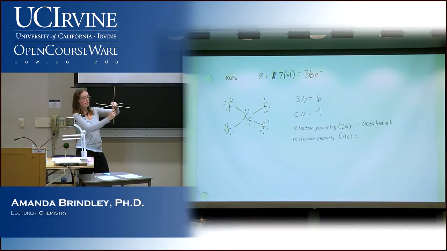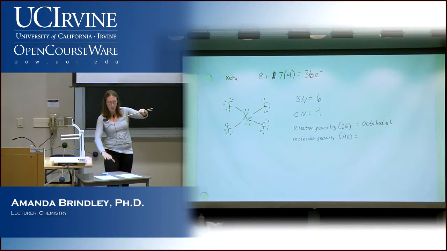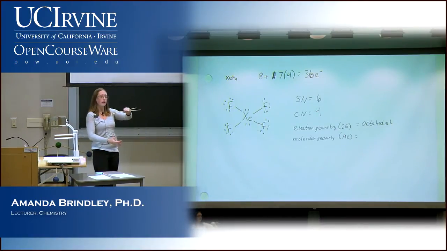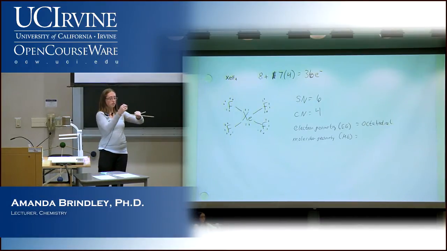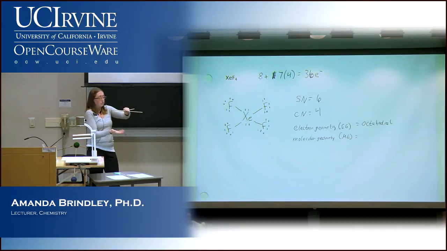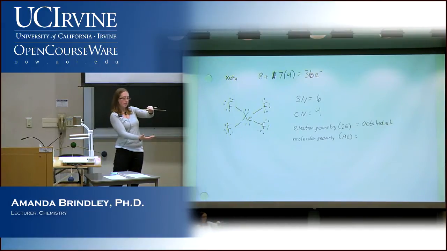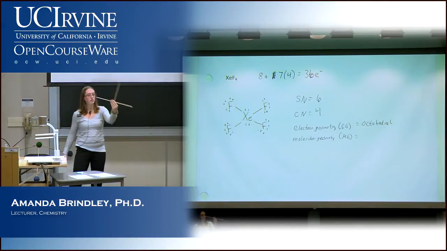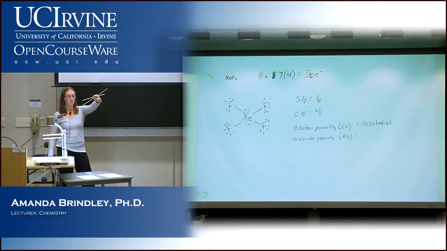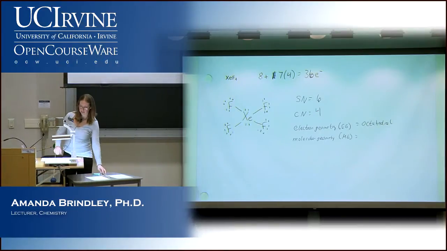Which one are we going to take as the other one? Are we going to take one of these pointing at you guys, or this one? The top one, right? And why do we do that? We want the electrons to push on each other equally, right? We want the electrons to be as far apart as possible. So if we took one from here and then one from here, these 2 electron pairs would be next to each other, which is okay if we don't have a choice. But here, we can put one here and one here. So what shape is that? Square planar, right? A square base, and it's all on one plane, so square planar.